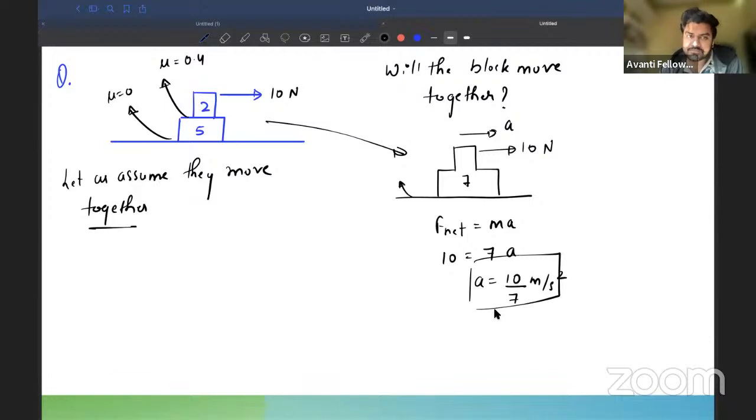If we don't check, then how can we say our assumption is correct? So let us check starting from the below block. Below block, that is 5 kg block. Please listen carefully. 5 kg block. ये block कितने से चल रहा है? I am assuming that it is moving by 10 by 7 because I have just found. That was my assumption, right? Now let's make all the net forces on this block. सारा net force